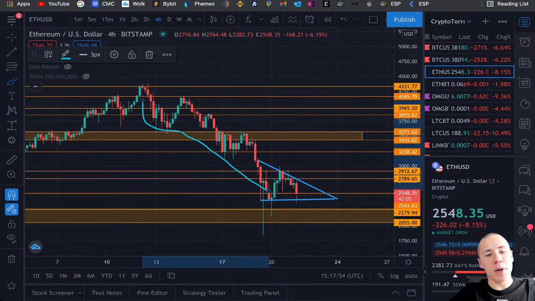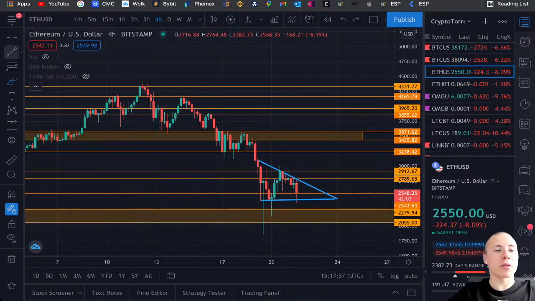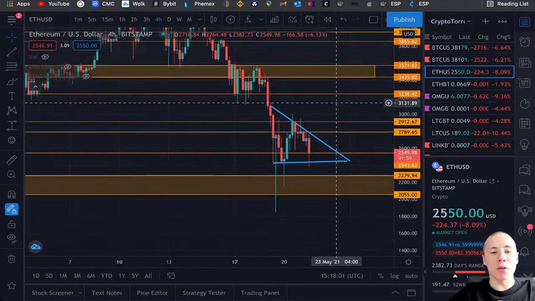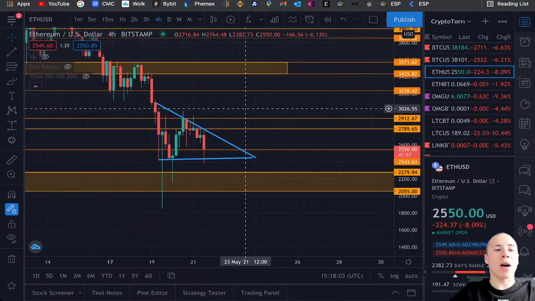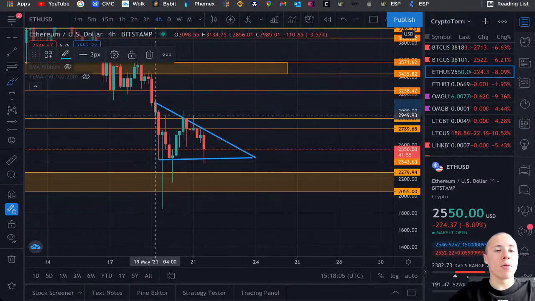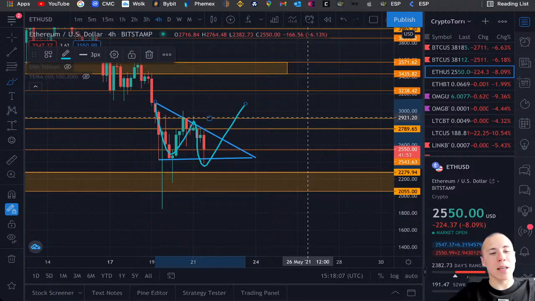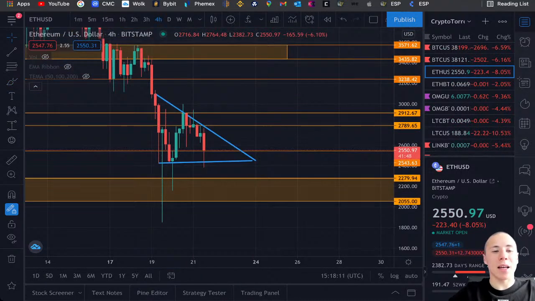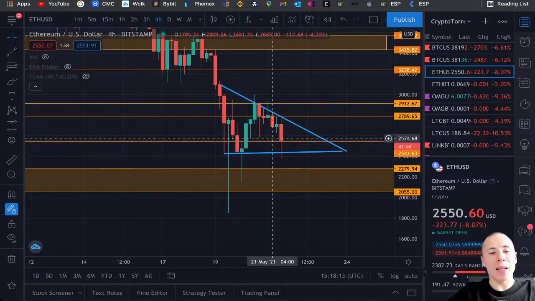So it could be very possible that this descending triangle could tend to break out towards the downside. But right now, I'm personally still looking forward to how this W pattern will play itself out. But as you can see, we are also right inside of the descending triangle lines that I placed, and we